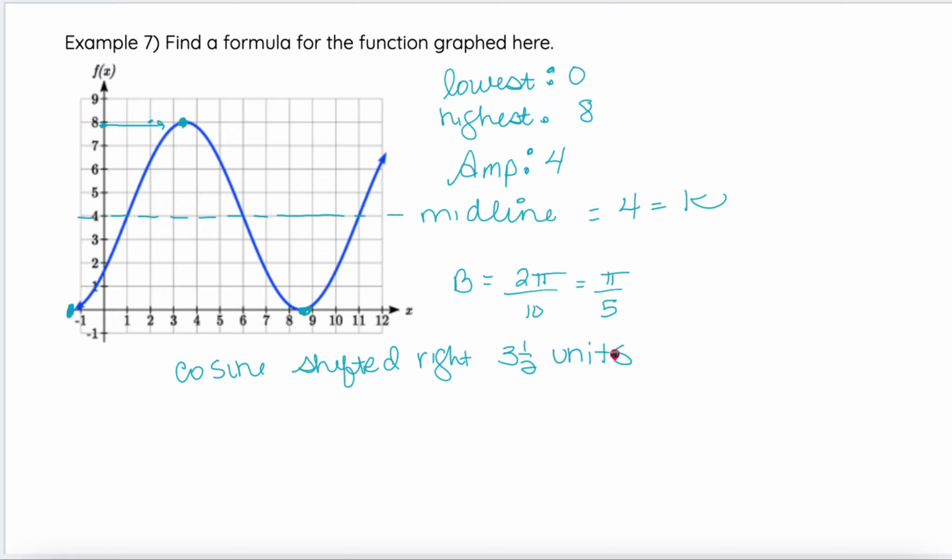It could be another version of sine. It could be another version of cosine, maybe flipped over. So please note that just because I'm finding one function, there could be 3 or 4 other ones that are applicable as well, just depending upon how you're seeing things. So our function is 4, our amplitude. I'm using the cosine one, just shifted. Pi over 5. Since I'm shifting right, x minus 3.5